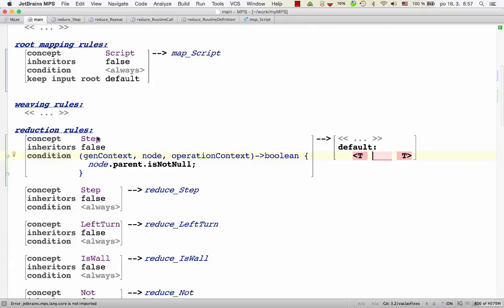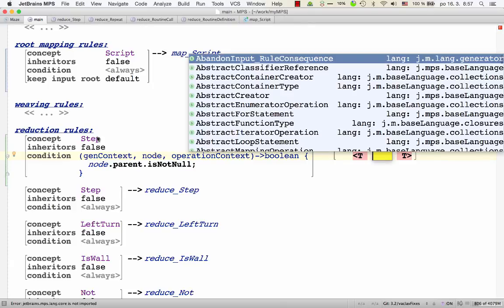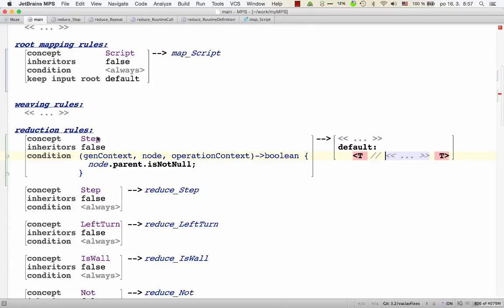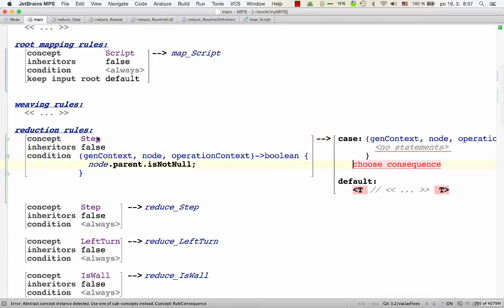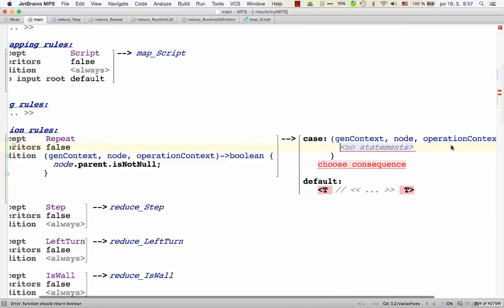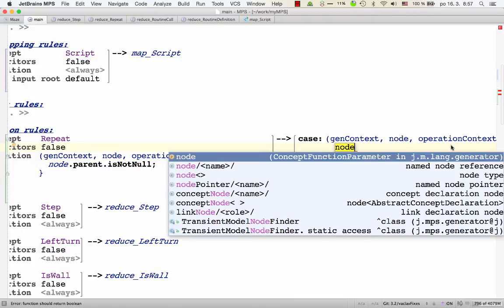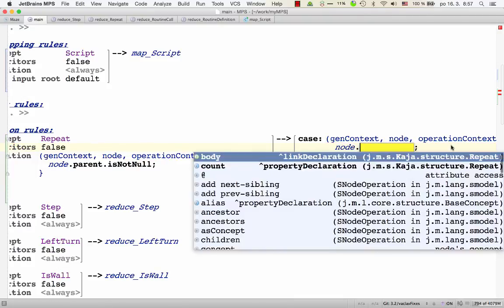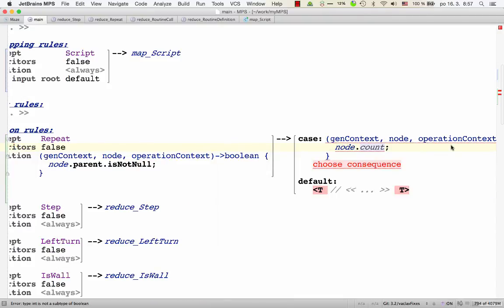So we could have a default case when a single line comment will be generated, and then we could have different cases. So if this, for example, was a repeat command instead, then we could, for the case when node.count equals 0, we could